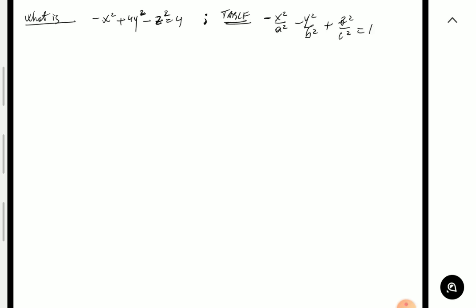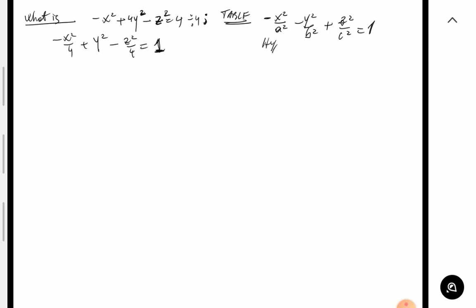You may say, hold on a second, this looks quite different. First of all, there's no 1 on the right hand side, but remember, we can always manipulate it algebraically. So we can easily divide by 4 and then make it in the standard form to resemble the table if we really want to. And then you're going to say, well, but the table states,